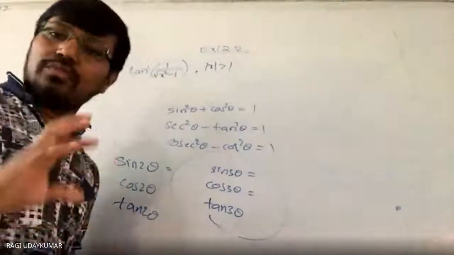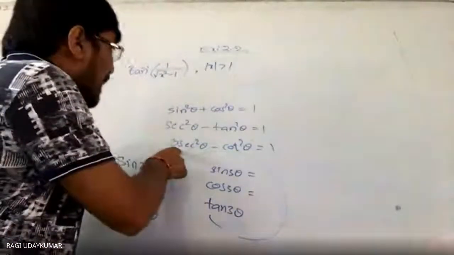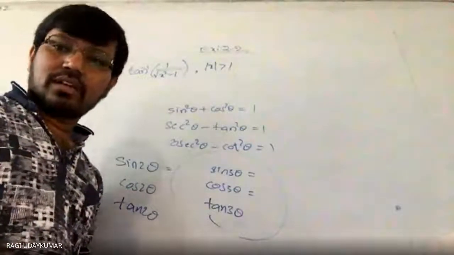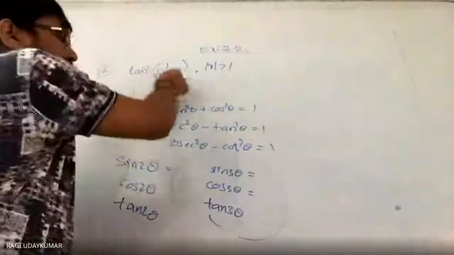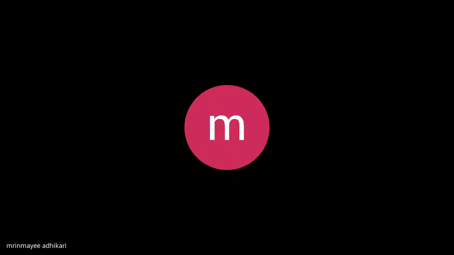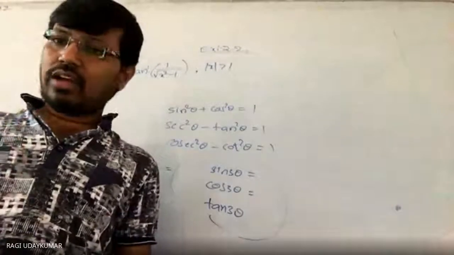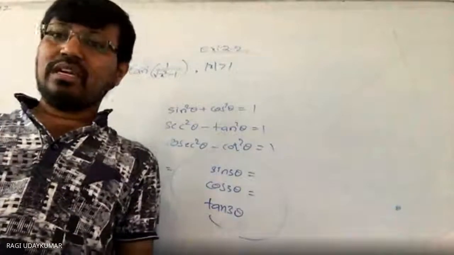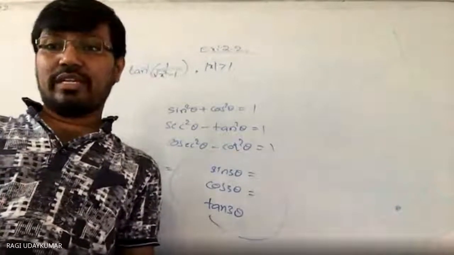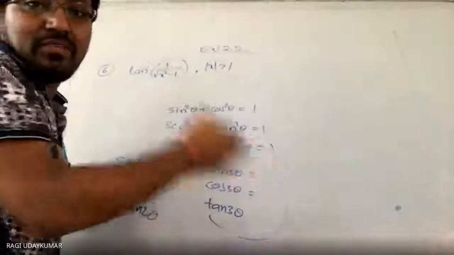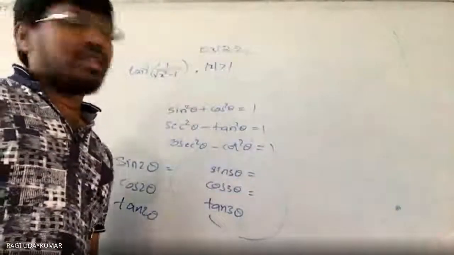So that's why it consumes more time for you to do. Instead of that, if you take cosec theta, substitute cosec theta in place of x. If you substitute in the form of cosec theta, here you will get cosec square theta minus 1, which is equal to cot square theta. In the denominator you will get cot square theta, which means cot theta. Cot theta is nothing but numerator tan. Tan inverse of tan theta is nothing but theta. So it is an easy task. So that's why better you take this.